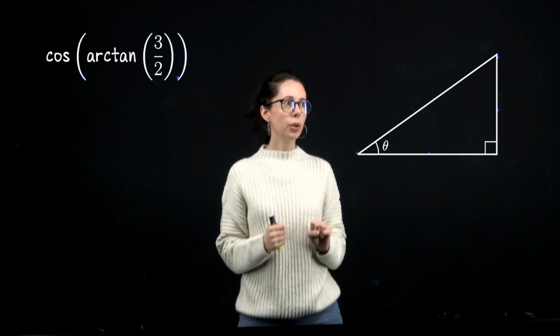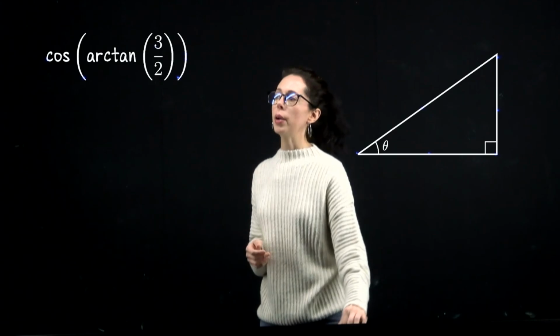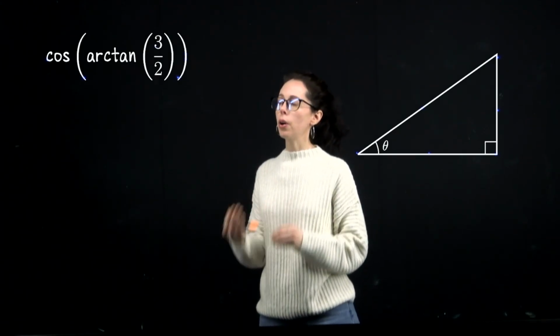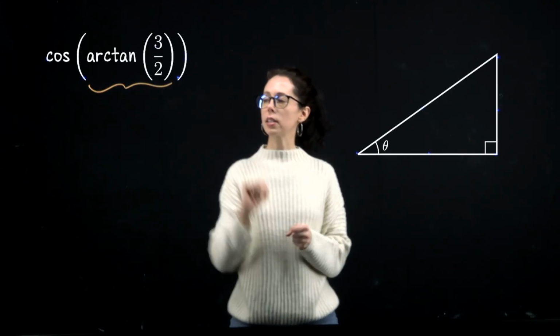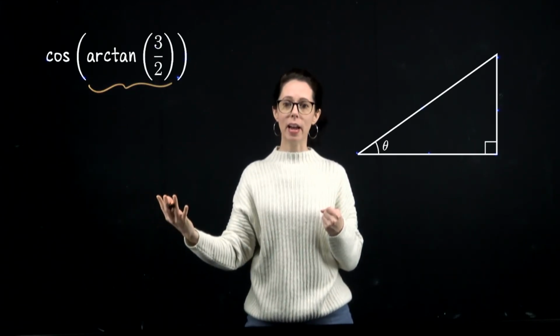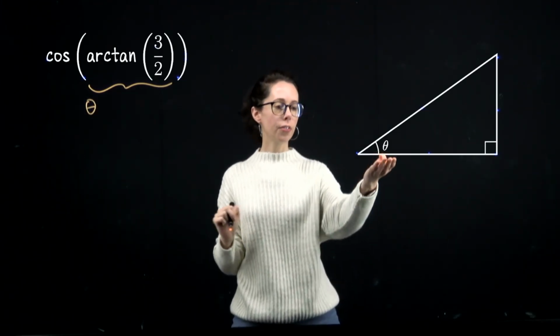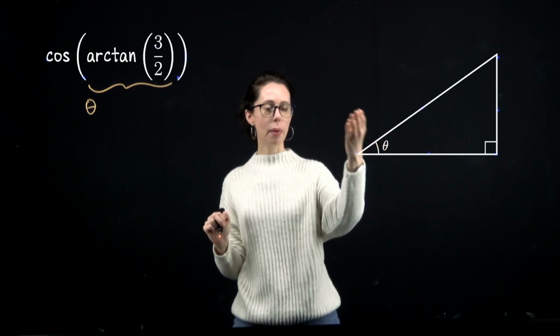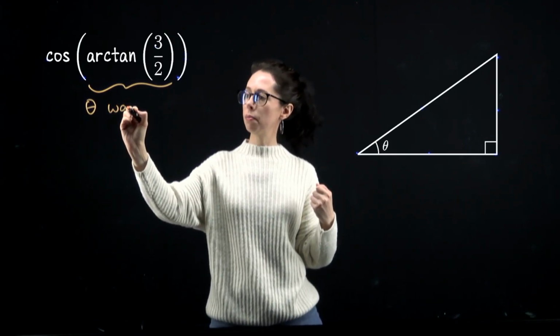So we have a triangle whose hypotenuse is pointing into the first quadrant. We're ready to go. So how do we read this? We have cosine of an arctan value. What this inside arctan expression is returning as an output is an angle theta. It's the angle theta in the first quadrant, so between 0 and pi over 2, whose tangent value, let me write